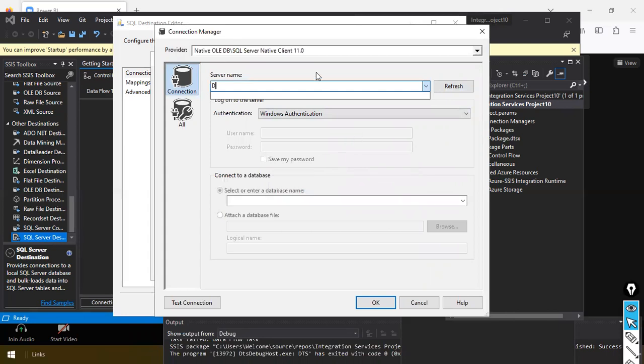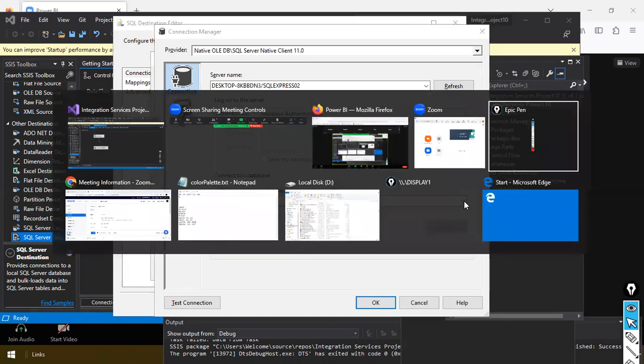Okay, here itself, desktop. Where is that SSMS?